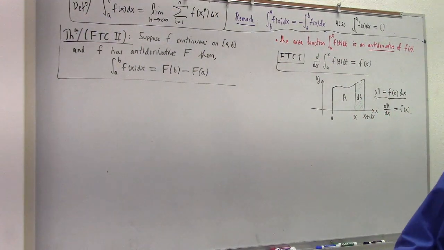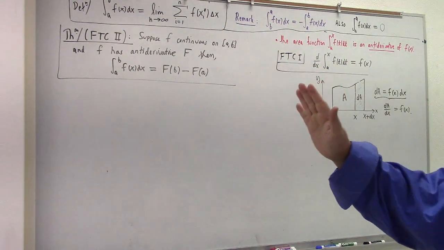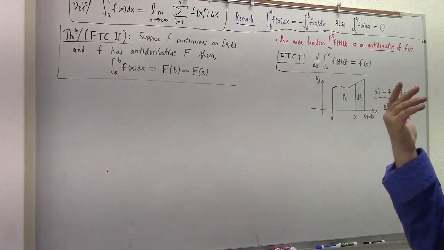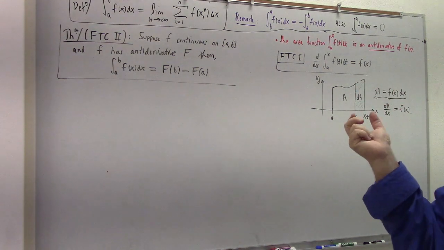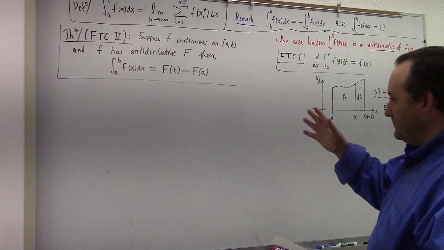Is there just one? Certainly not, right? You could choose your a to be different things. You could start the area function with a different base point. You notice that? Our choice of a is arbitrary here. I usually make a equal to 0 if I have my choice. Okay, so